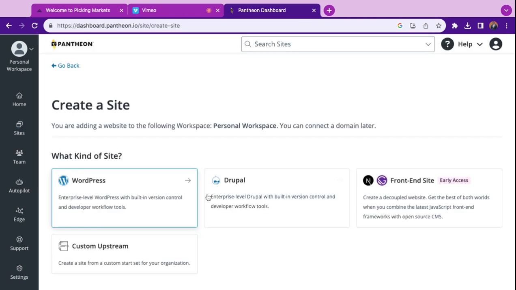And here it will ask you to choose which of the CMS you want to use. CMS means content management system. So you click on WordPress,